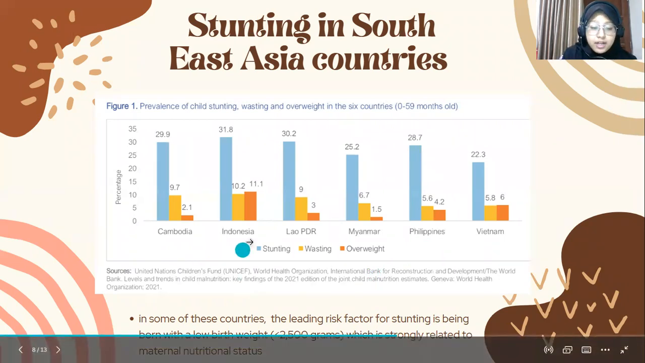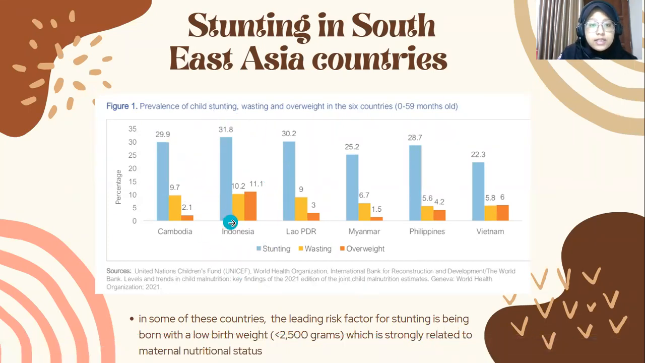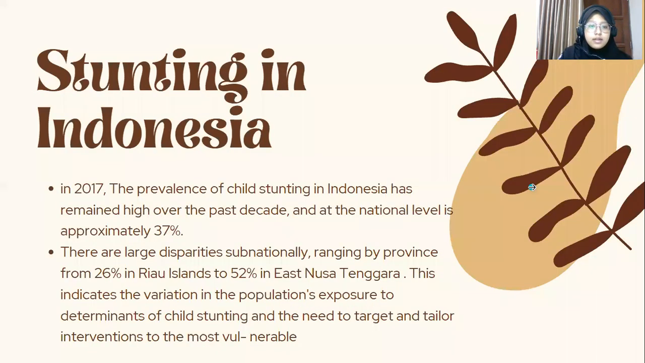As we can see here, Indonesia has the highest percentage of stunting in Southeast Asian countries, which is 31.8%. This data is based on 2021 UNICEF data. So, starting with Indonesia in 2017,